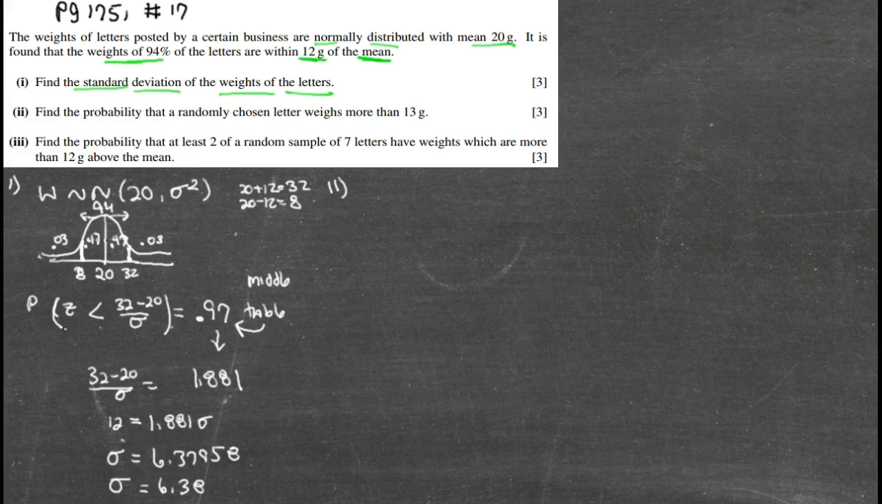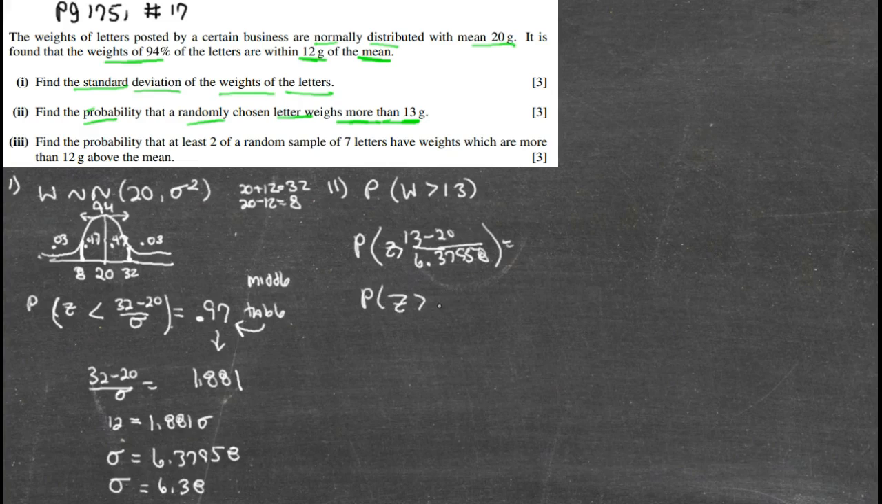Now for part 2, find the probability the randomly chosen letter weighs more than 13 grams. All right, well, let's go with that. So the weight's going to be greater than 13, and we're going to standardize it. So we take 13 minus 20 over the standard deviation, and we don't use the rounded one. Use some digits. Don't use the rounded one. And then all we've got to do is do this, and we find out that our z figure is going to be